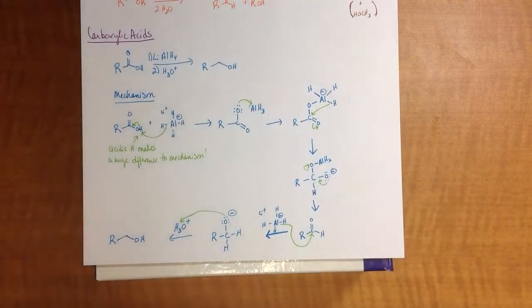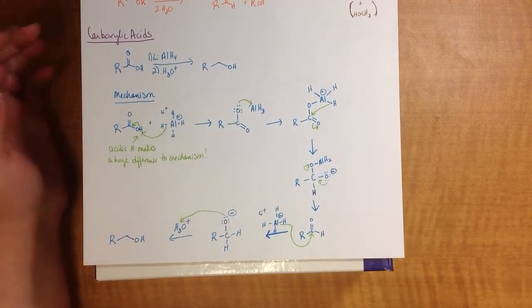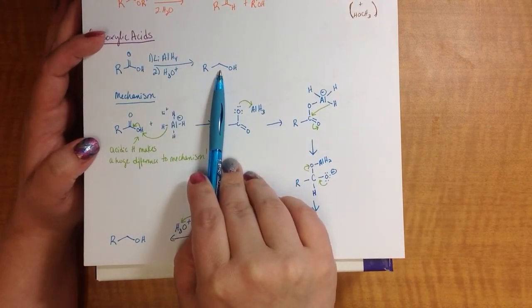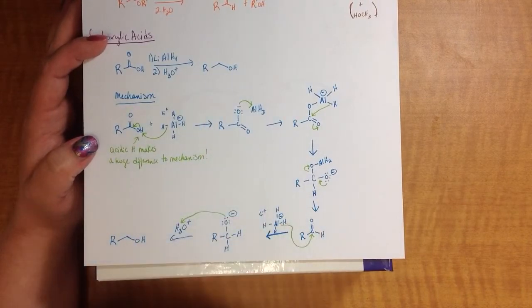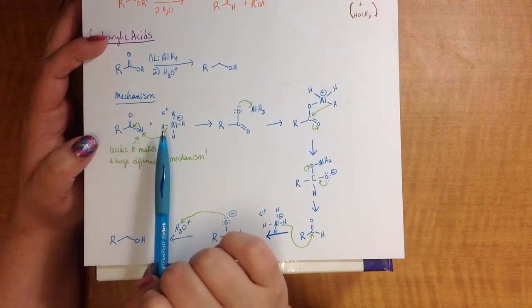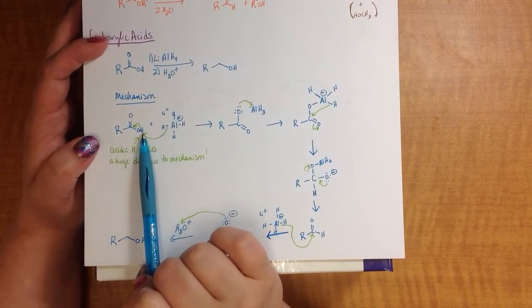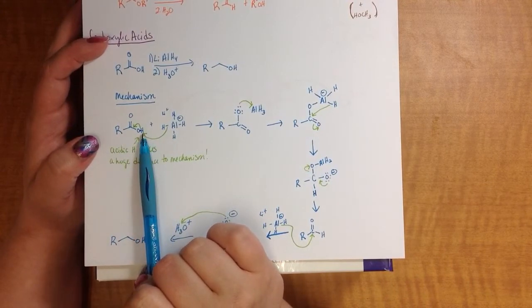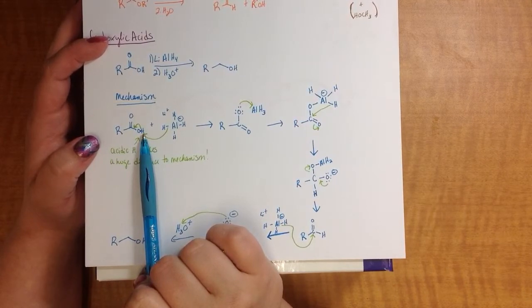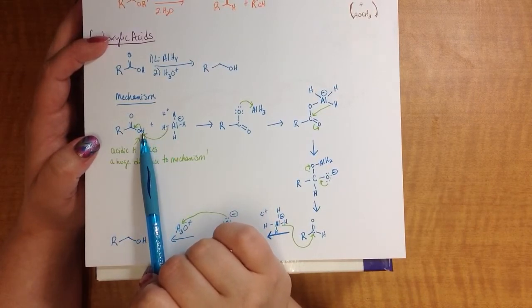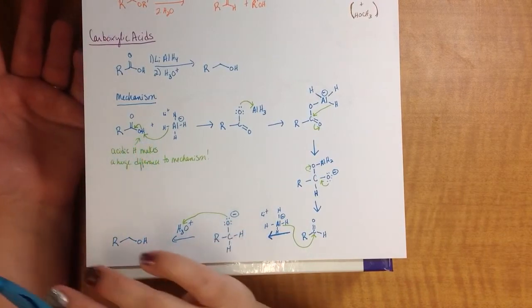Okay. In a carboxylic acid, we're again going to use lithium aluminum hydride, and this time we are going to get a primary alcohol. This is a little bit different because instead of the hydrogen attacking the carbon here, it instead has a hydrogen that's acidic. And remember, H2 is a very stable type of molecule because we've got this hydrogen with a negative charge, and it comes and attacks this hydrogen that has a positive charge,